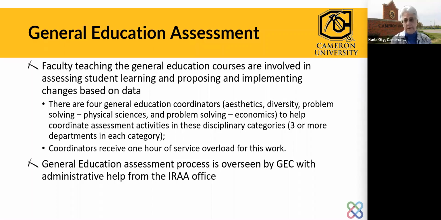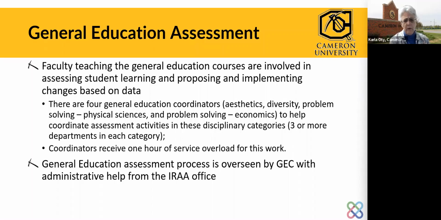In some cases, it's course by course based. So maybe the students in sociology are doing really well on their 10 multiple choice questions, but psychology, they're really struggling with this one question. They're not getting this concept at all. So what is psychology going to do to try to help the students get that concept? So the faculty are involved in that.